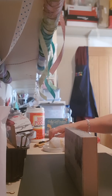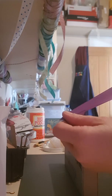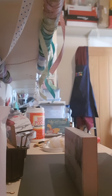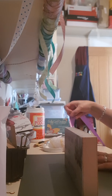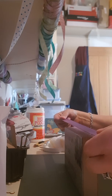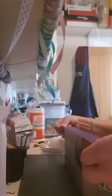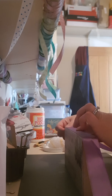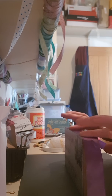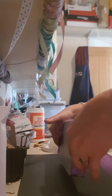There we go. This ribbon is the full width here, so it's 25mm, so I don't have to colour in the edges or anything. So if we can have an idea of how far we need to go around, I'm just going to place that on top. This is the bottom. And there's the Mod Podge already helping to keep that in place for me. Don't worry, that will dry out thoroughly and you won't see any of the wee damp patches, as you can see here, look. So now we're going to turn it up